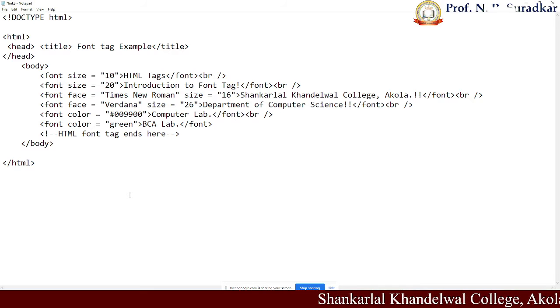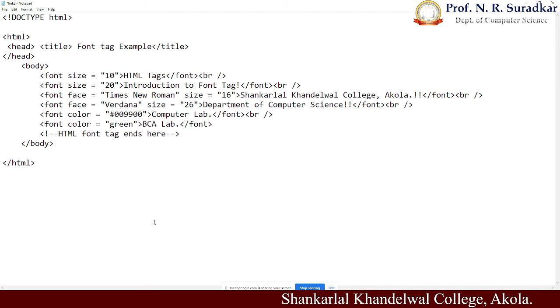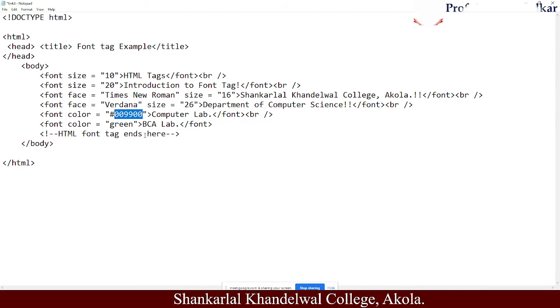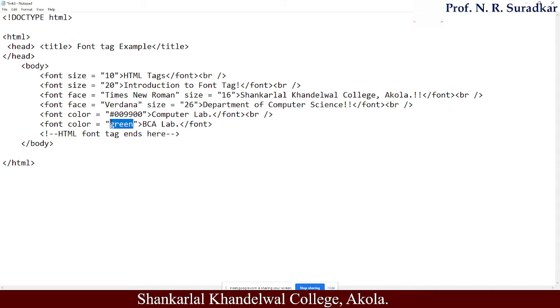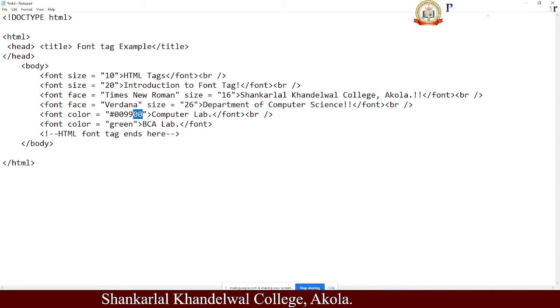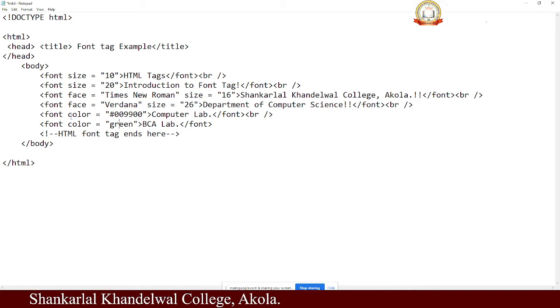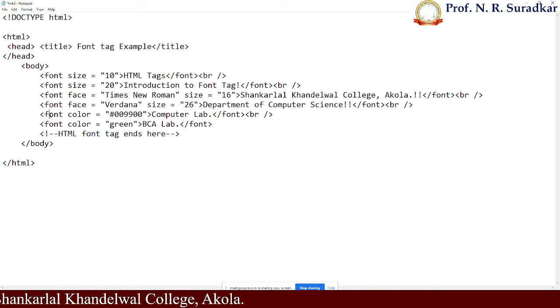Next, font color. To apply color to the given text, we use two types of format: the hexadecimal number or directly putting the name here. This is the hexadecimal number of green color. Font is the name of the tag, color is the attribute, and this is the value.